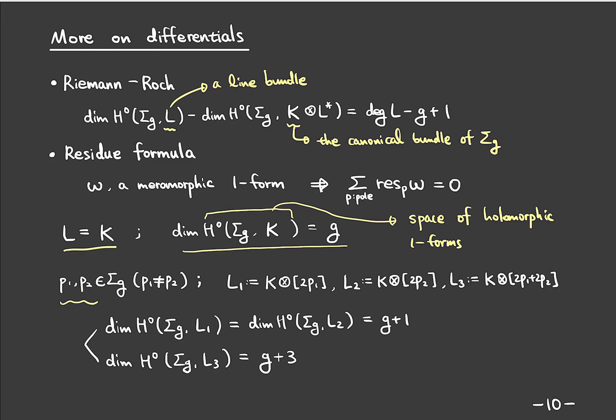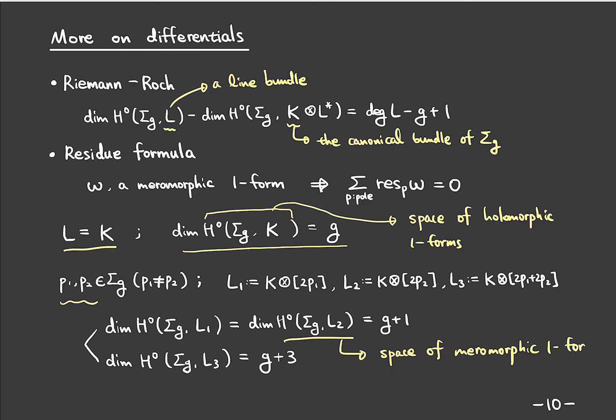Roughly speaking, the expression in the bracket gives information about possible poles. For example, this is a space of meromorphic one forms